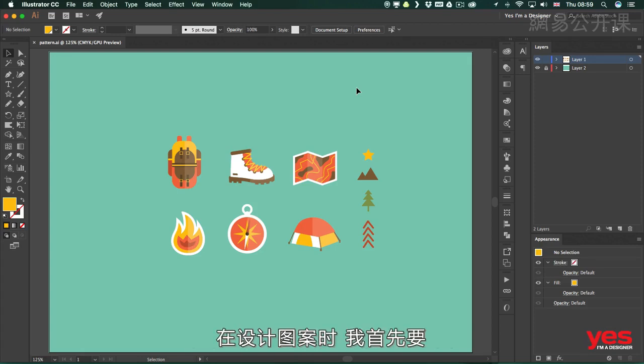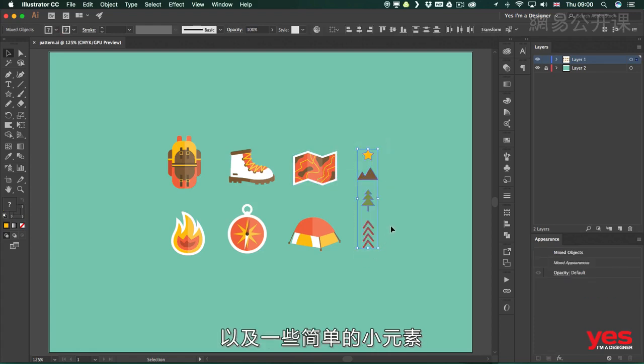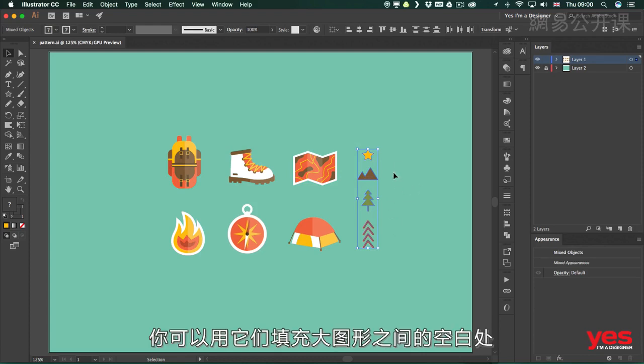So whenever I design a pattern, first I decide obviously the theme and the colors that I would like to work with. And it's always good to have at least 5 illustrations or icons that you are going to incorporate into your design. If you have more, then better. But what you should also think about is to have some bigger and more detailed elements, and then have smaller and just more simple elements as well, because you can play around with these to fill the gaps between the